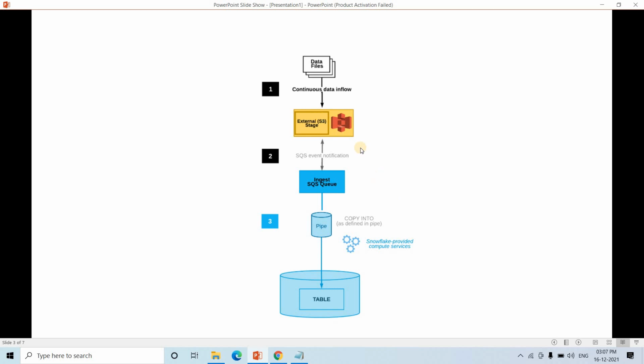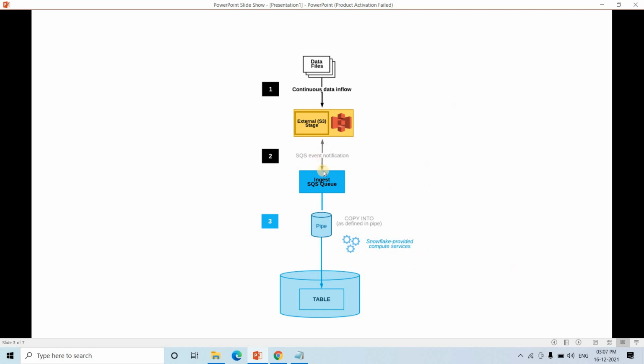Now consider this situation where in S3 a new file is coming and you want to broadcast that event notification. At that time, instead of SQS queue, you should be using SNS, Simple Notification Service, right? And then in that SNS topic, you can subscribe multiple components, like whether that is SQS queue or AWS Lambda or some other services.